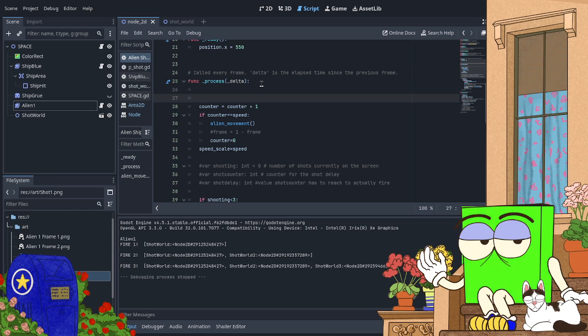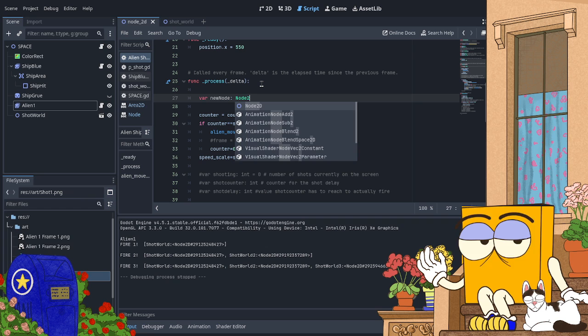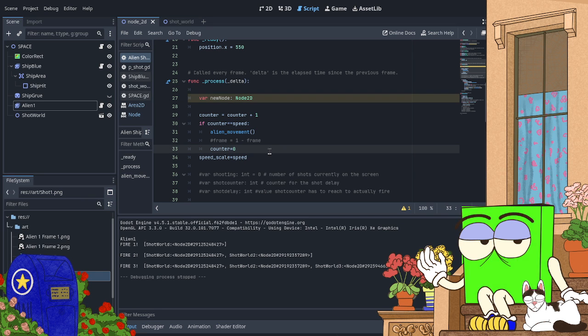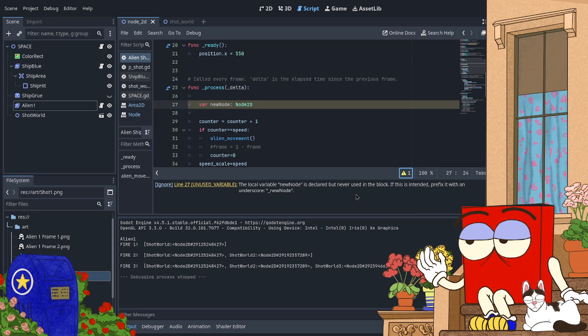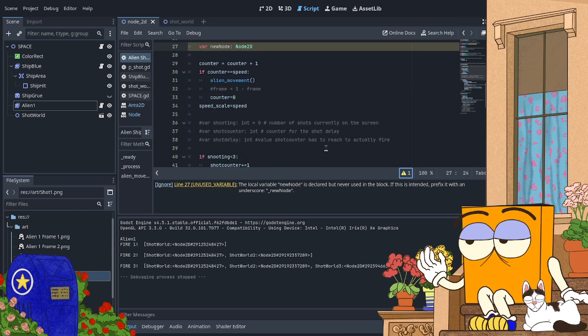So, what I'm going to do, got me a Node 2D. Why does that turn that color? Oh, it's fine. This node isn't used yet.